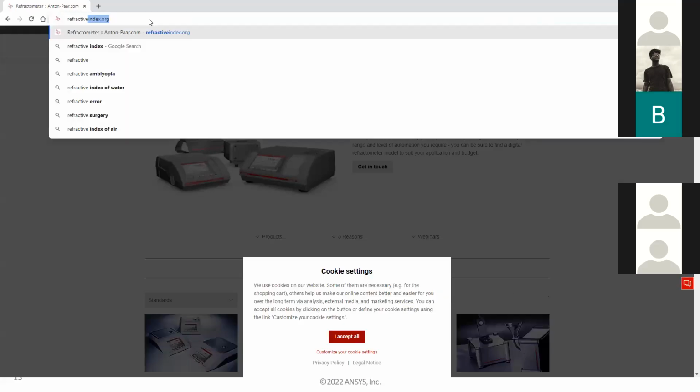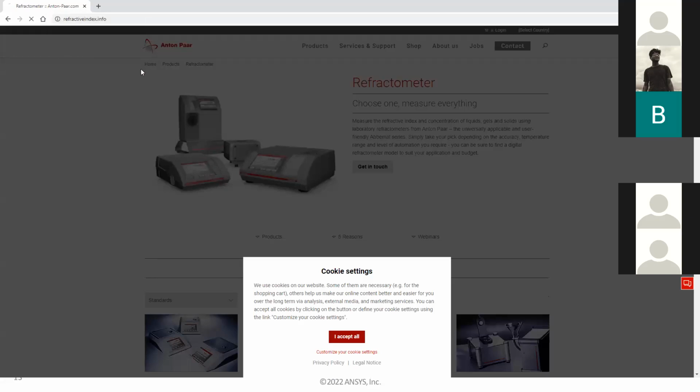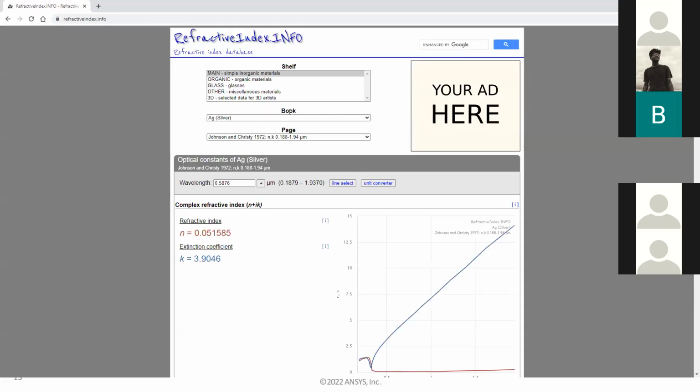Right. Okay. Yes. Thank you. Yeah, so this is a very useful website. It has optical index information for lots of materials, and it actually provides proper references. And for some materials, it has multiple references as well. So you should be able to look up the material properties of cadmium telluride here.